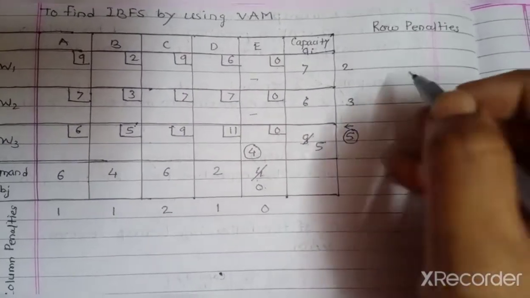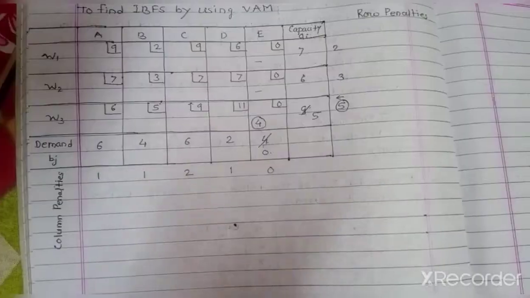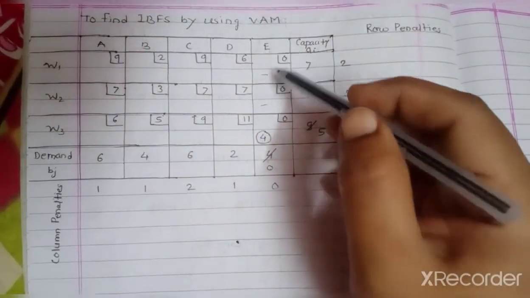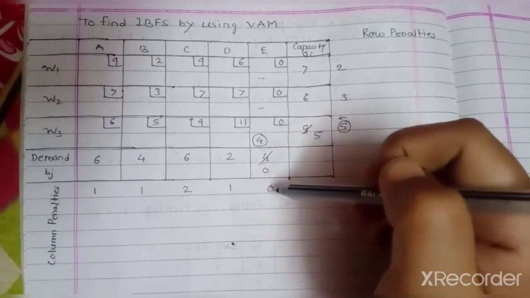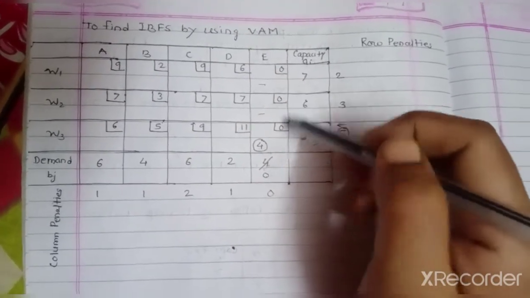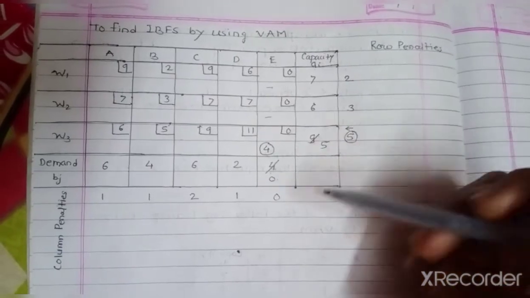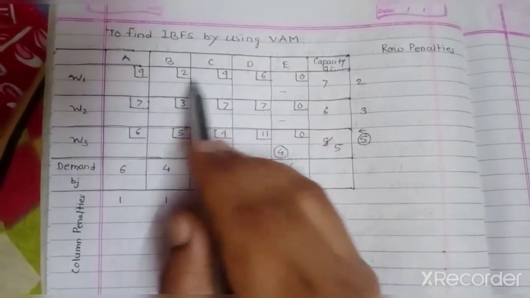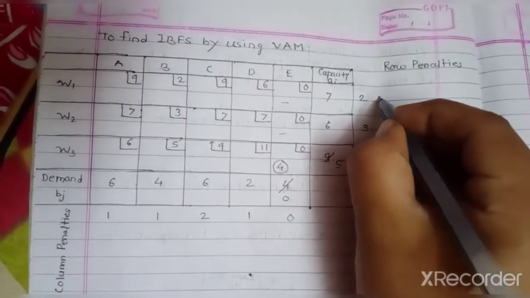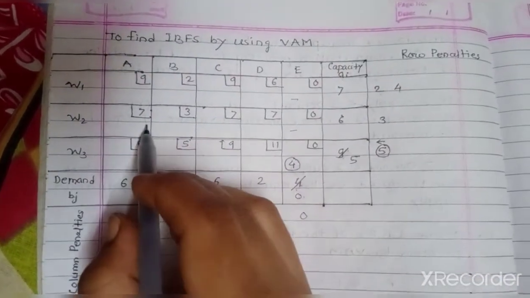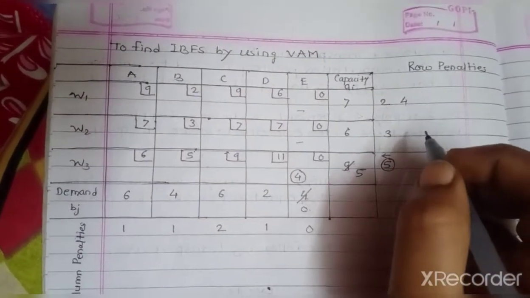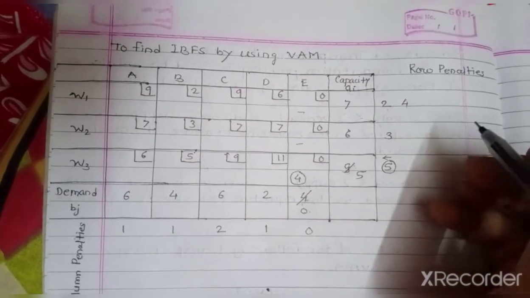Again follow the same procedure. Again find the next row and column penalty differences. So excepting this column, because its demand has become 0, here we mention dashes. So we skip that cost when we find the row penalties or column penalties. So see here, among these 4 entries the minimum is 2, the next minimum is 6, so the difference between them is 4. In the next row, again the least cost is 3, the next least cost is 7, and the difference between them is again 4.